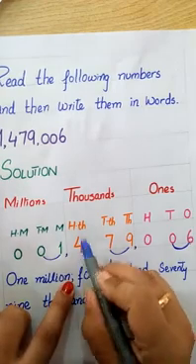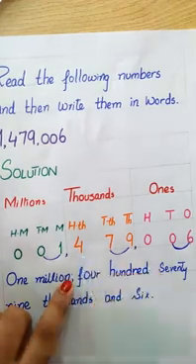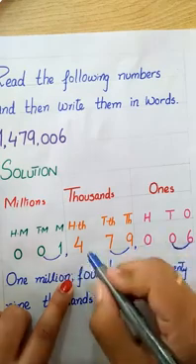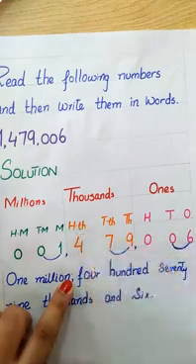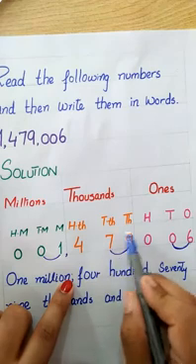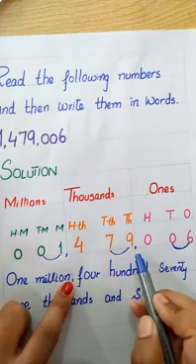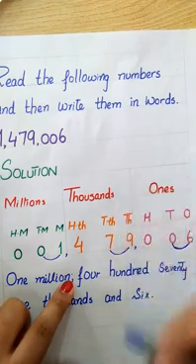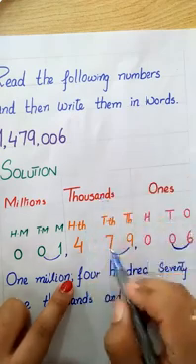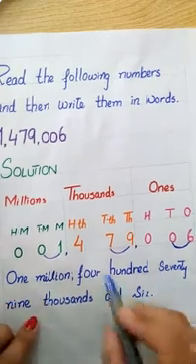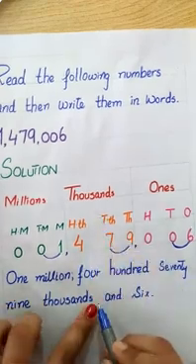Now here we have 4. 4 को हमने फ्रेंड नहीं बनाया था, so 4 सेपरेटली रीड किया जाएगा. 400. This is now 79. 479. Here is a comma, so after the comma we mention the family name. 479 thousands. And